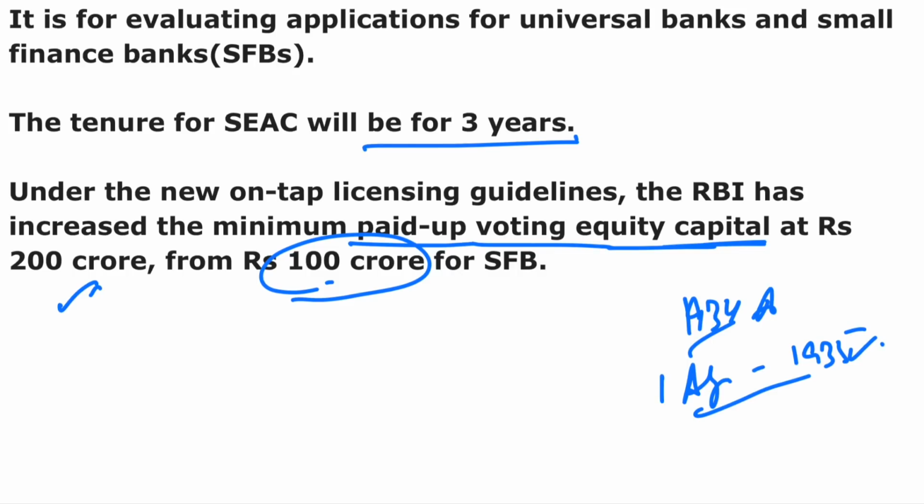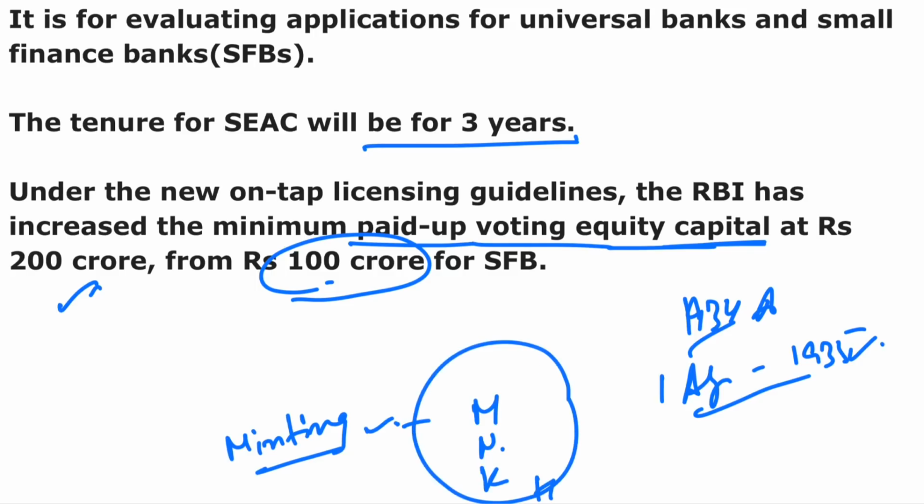Now we can move to the next question, but you can also remember the minting presses of the coins, and there are 4: Mumbai, Noida, Calcutta and Hyderabad. You have to remember this. These are very important. And also remember the printing presses of the notes, like Bharatiya Reserve Bank Note Mudran Private